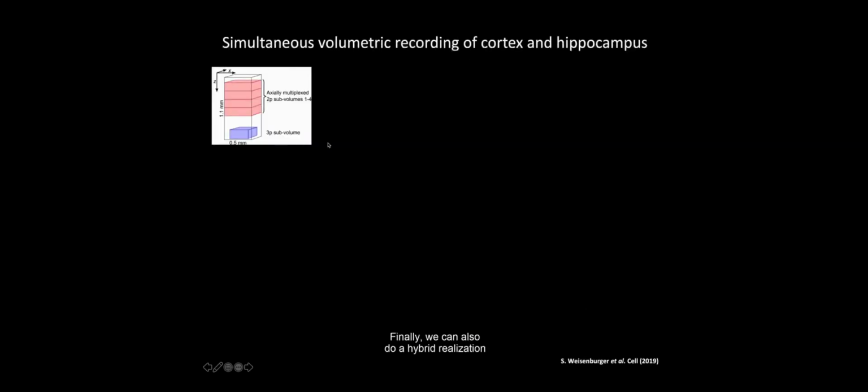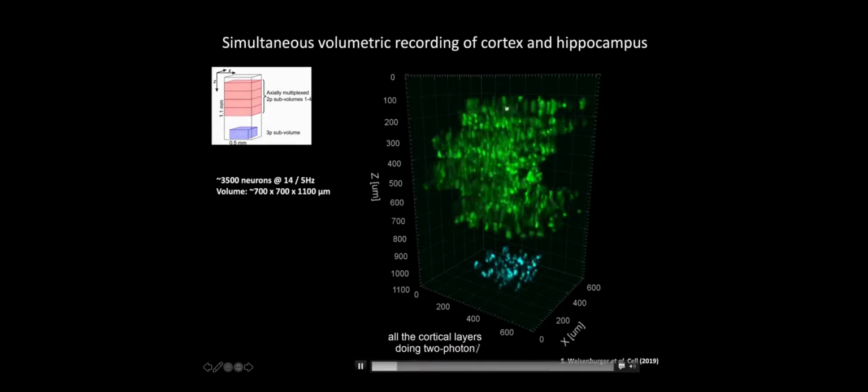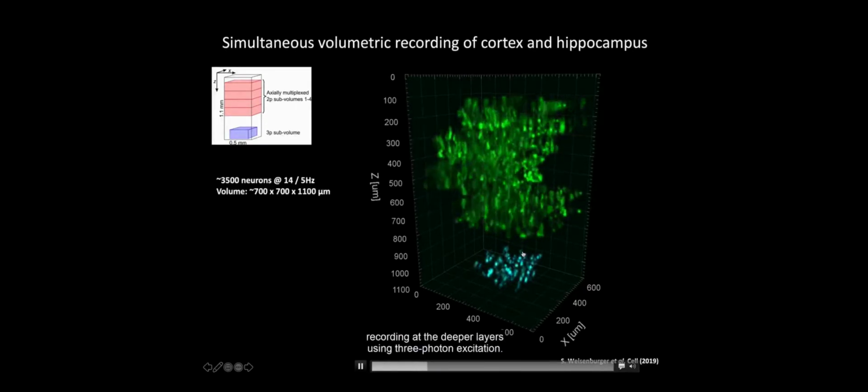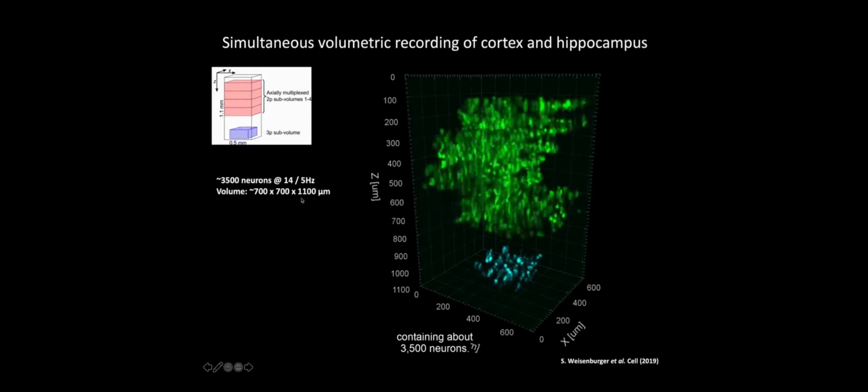Finally, we can also do a hybrid realization in which we reserve the more power intensive 3-photon excitation for the deeper layers and use 2-photon volumetric excitation for the upper layers. So here you can see now simultaneously recorded activity of all the cortical layers doing 2-photon sculpted light excitation, while doing simultaneously volumetric recording at the deeper layers using 3-photon excitation. So here we can collect from a volume that is about 700 by 700 by 1100 microns, containing about 3,500